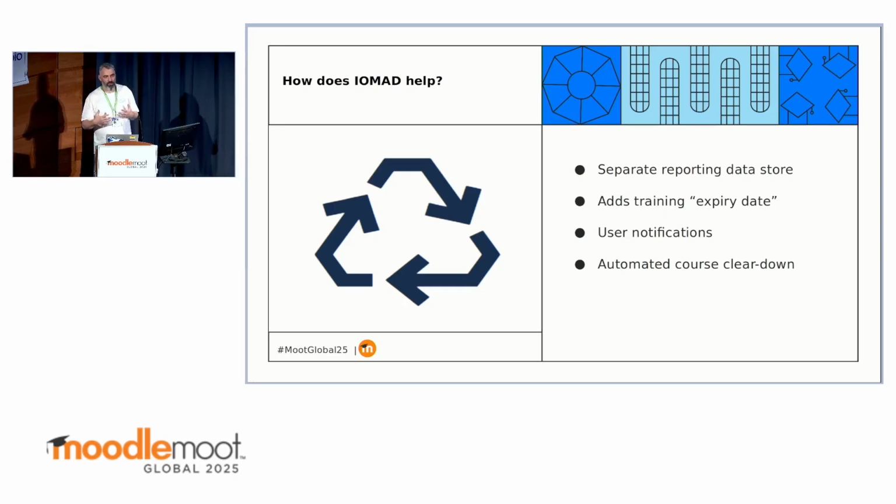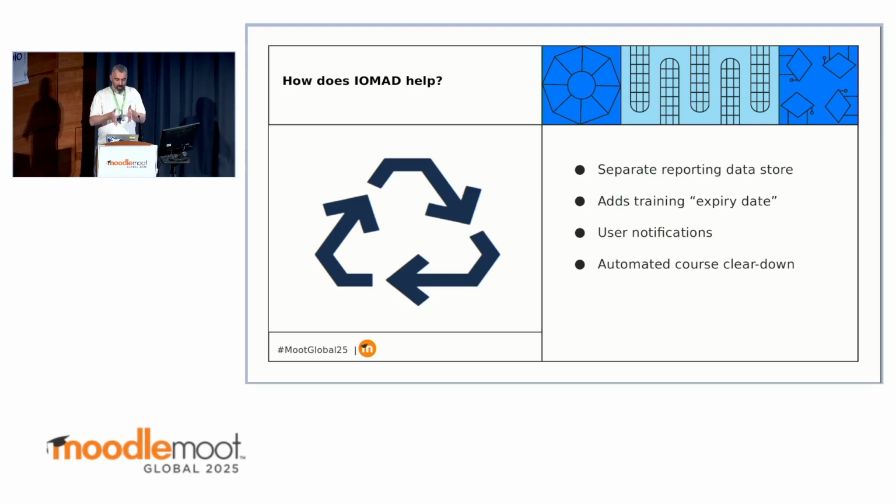The other thing that we add on to this is the idea of when this training will expire for people. So you're undertaking a course in health and safety or manual handling. You have to retake that course every year. You can see when you've completed that course, 365 days later, that course has expired and you have to do it again. So this is added into the system outside of Moodle, on top of this in the plugins,